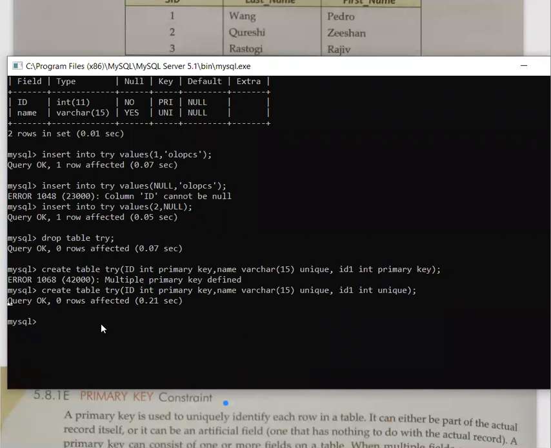Yes, ma'am. Okay. So today you will be doing practice of all the first 5 constraints that we have done. And then tomorrow we will discuss how to make a foreign key, what is the use of a foreign key, plus whatever restrictions we have while making or after making a foreign key. Okay, then good day all of you.